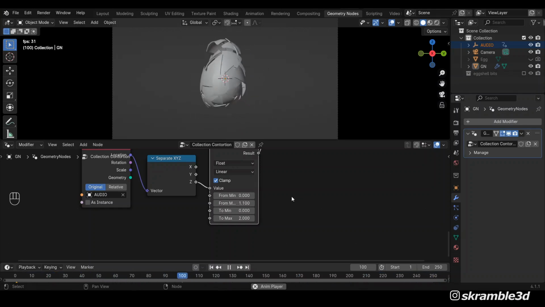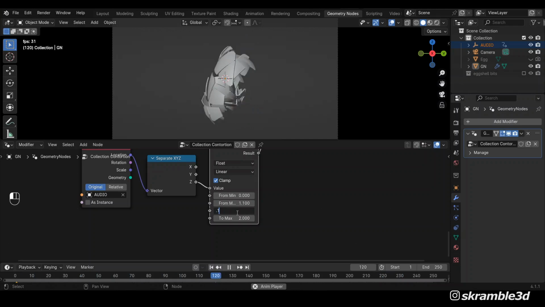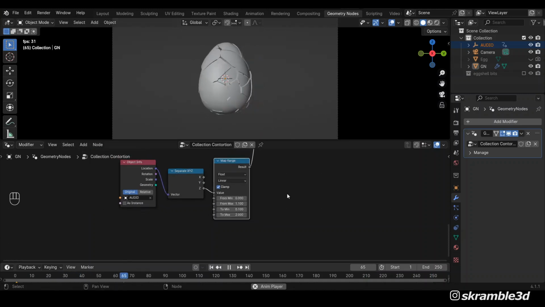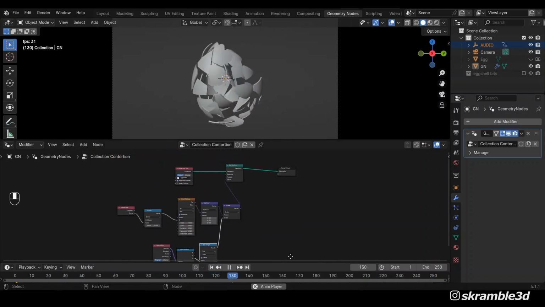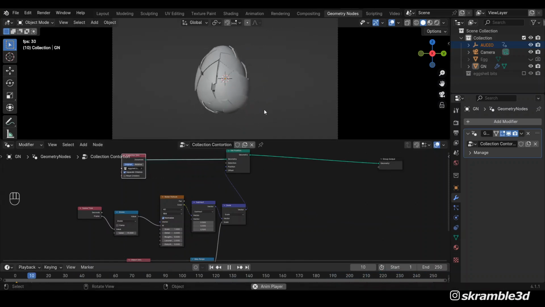What I quite like is to have the minimum, which should be silence, mapped to not 0, not nothing, but a very small amount of the effect. So even when there's total silence, there is a little bit. So in the third slot, the 2 min, I'm going to write 0.1. So even when it's very quiet, there's a little bit of the effect. And we're nearly there. We're nearly done. Not quite, because